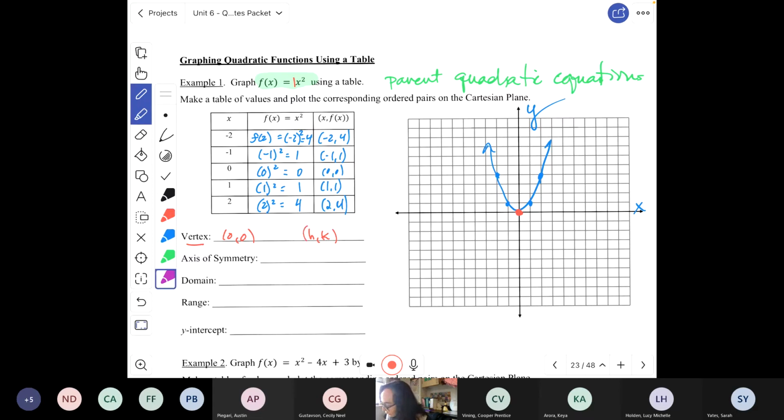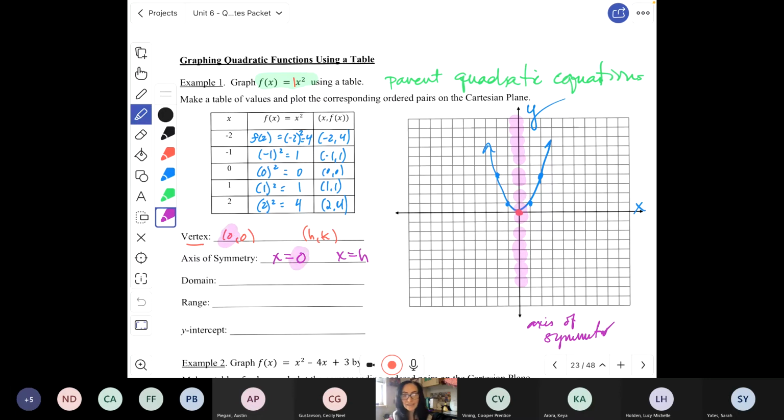Now that axis of symmetry, we know passes through the vertex. So what would be the equation for the axis of symmetry? X equals 0. Absolutely correct. That's X equals h, and we see the h value is 0. You always write the axis of symmetry as a line. It is the line of symmetry. I do a dashed line because it's not technically part of the graph,